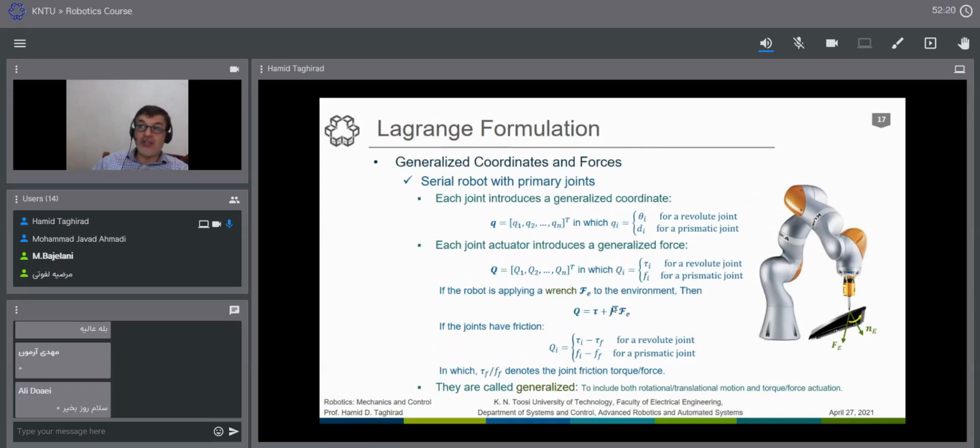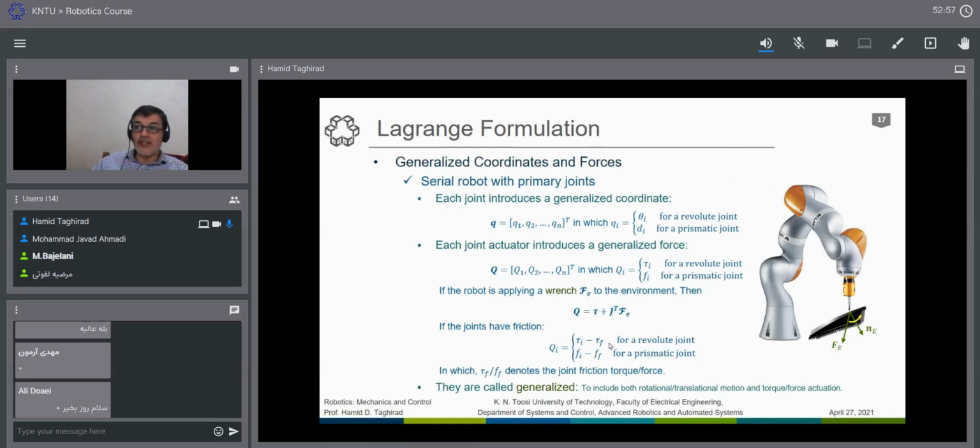So we can add J transpose Fe to the robot as a Q. And if there is any friction, we usually consider viscous friction at each joint, we don't consider other types of friction. Then this friction is either a torque friction or a force friction, depending on the revolute or prismatic joint. We consider